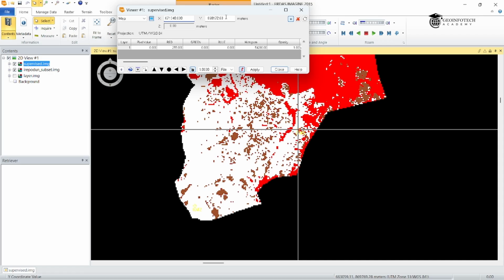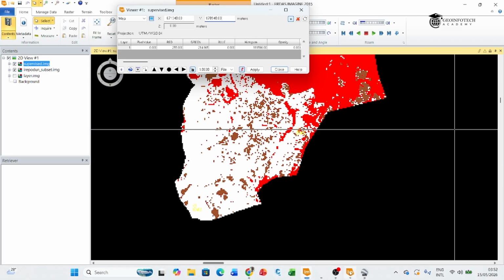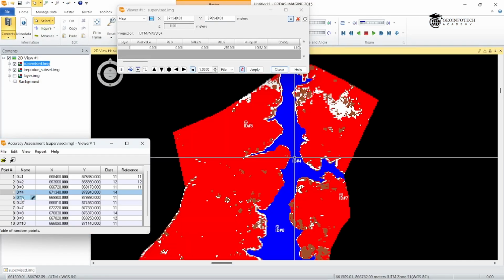Then do the same thing for your Y. Do the same thing for your Y, which is 878940.00. So once you're done, same thing like I said the other time. In the fourth point here, which is this one,